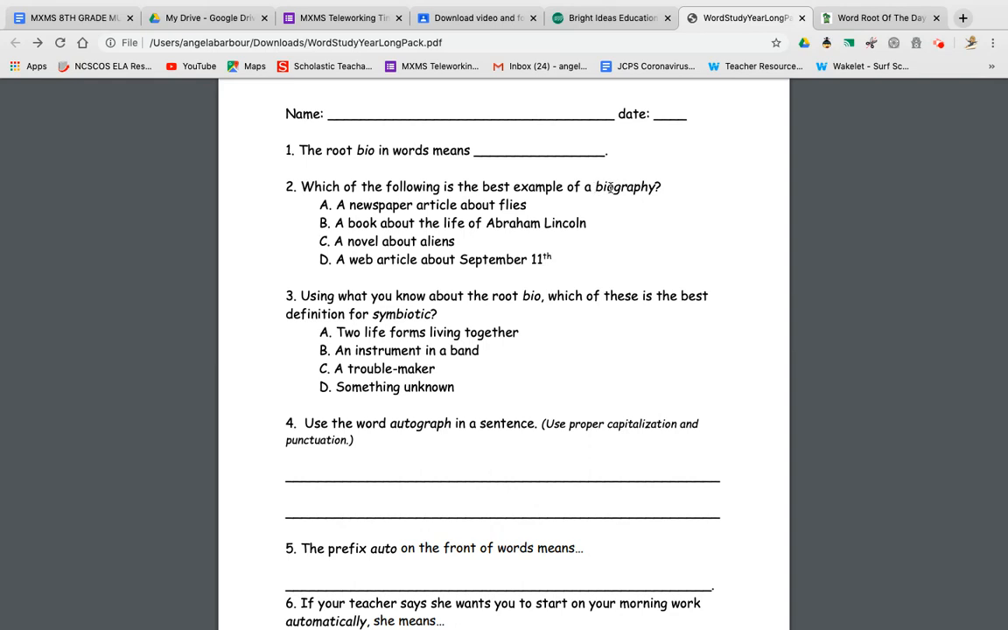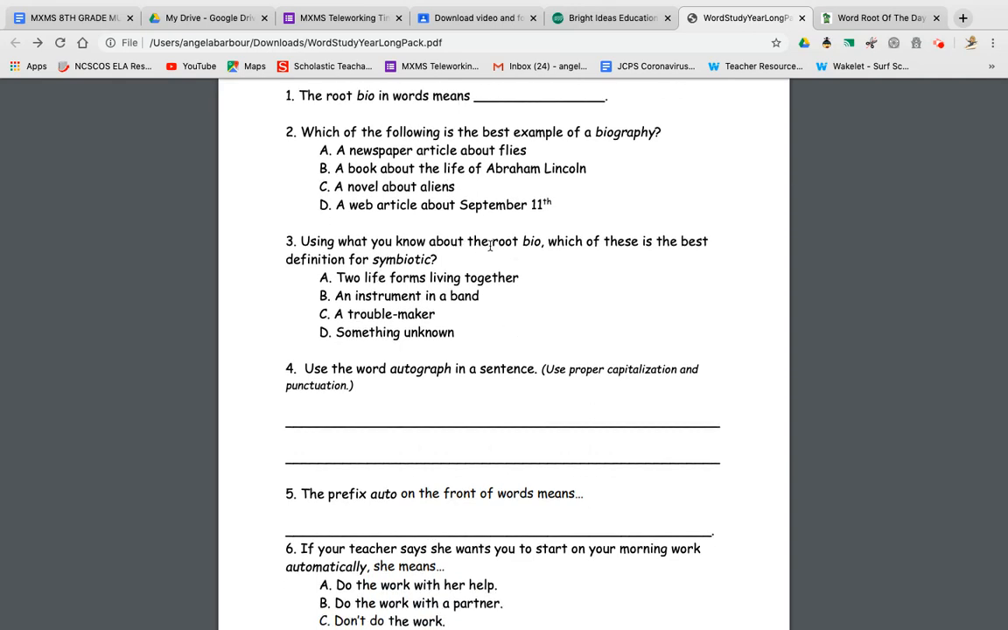All right, well, so if bio means life, then what's the best answer choice for biography? A newspaper article about flies, a book about the life of Abraham Lincoln, a novel about aliens, or a web article about September 11th. Here comes my Dora moment. You are correct. A book about the life of Abraham Lincoln. Okay, so then what about this? Using what you know about the root word bio, which of these is the best definition of